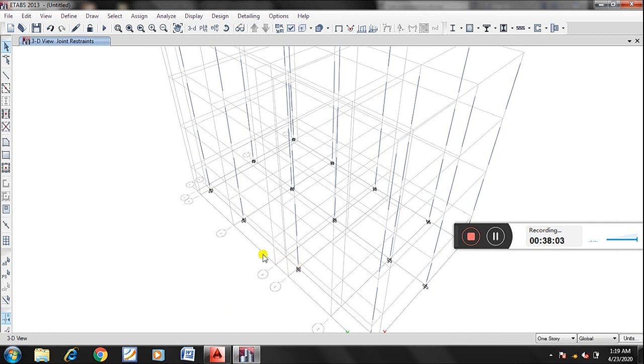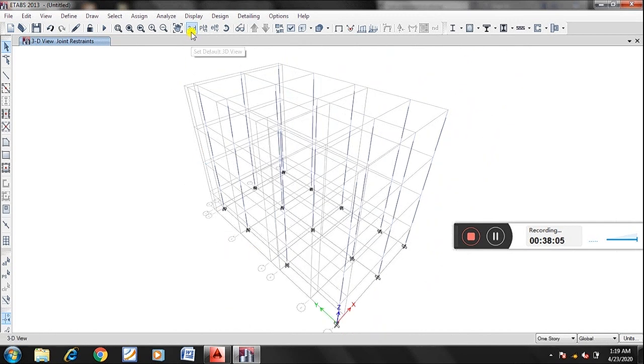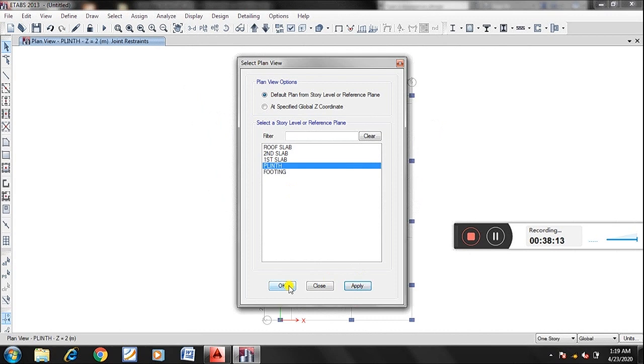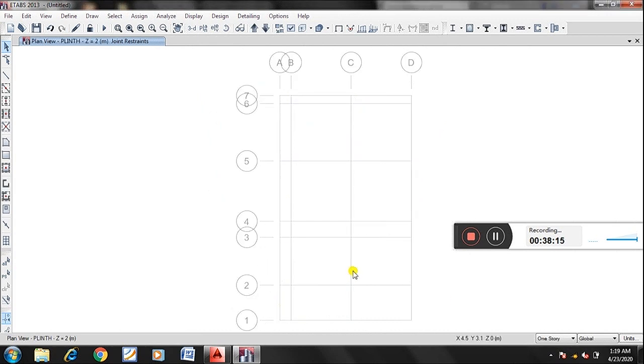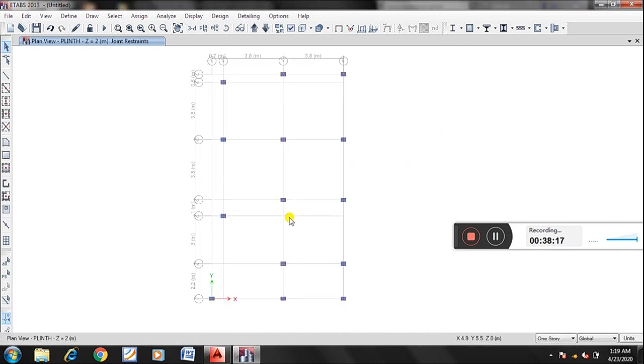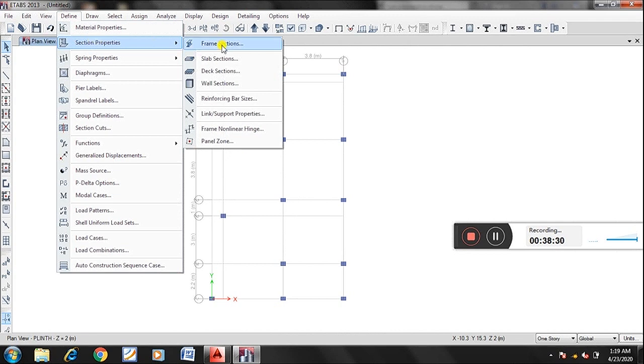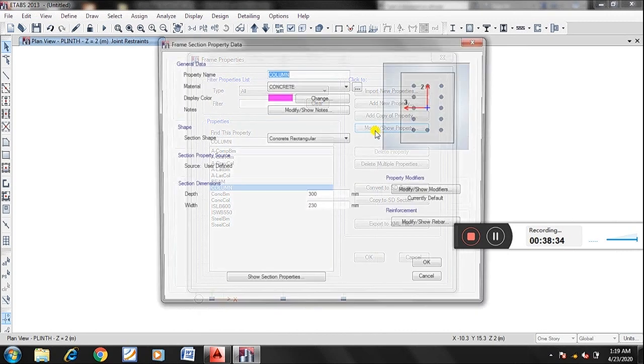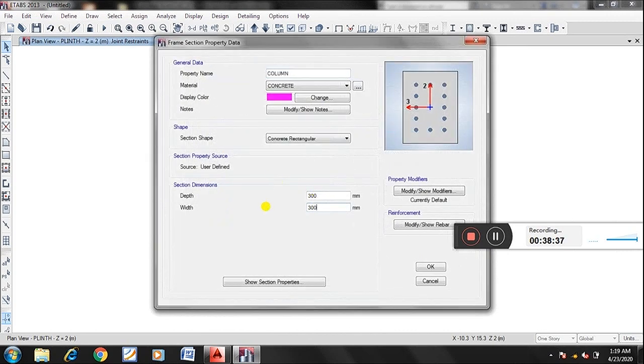So next I'll go to plan once again. Footing, we don't have any beams. I'll go to plinth. So all the columns are oriented in different manner. Let it be. Or what I will do, I'll change parameters. Size of column, section properties, beam section, column size is there, modify column size, I make 300 by 300 column, all the column size of 300 by 300.